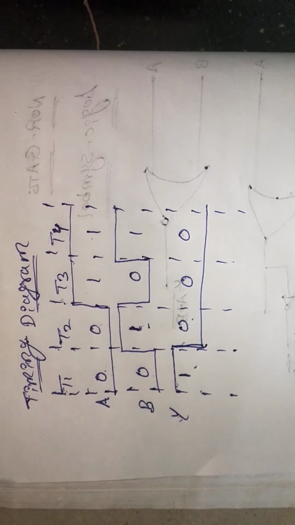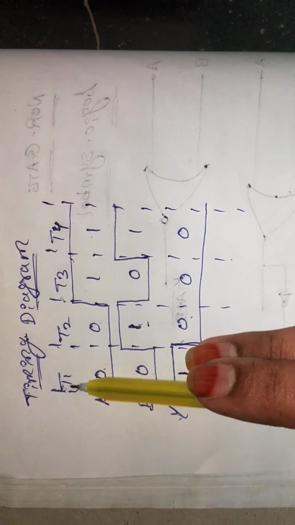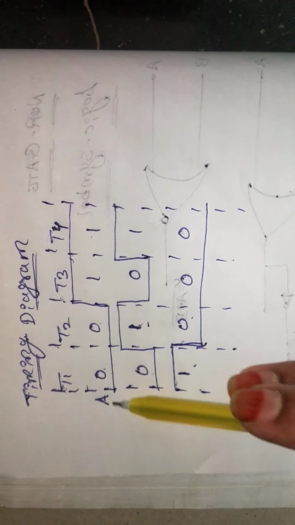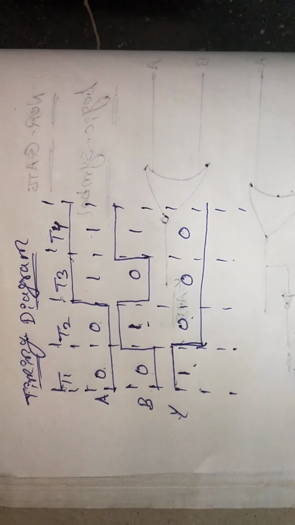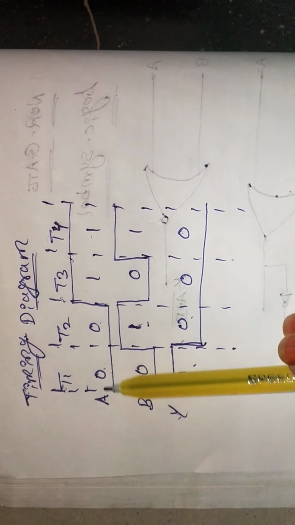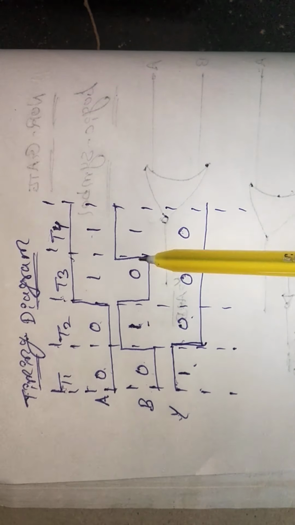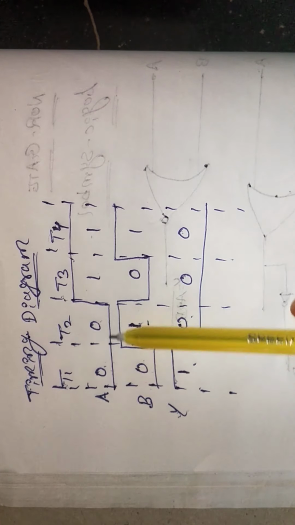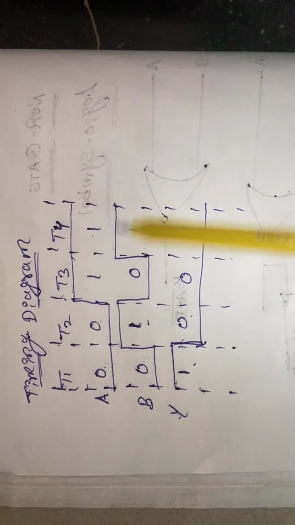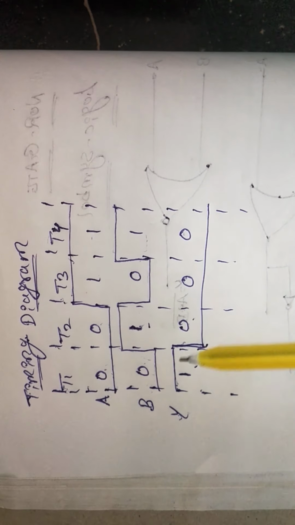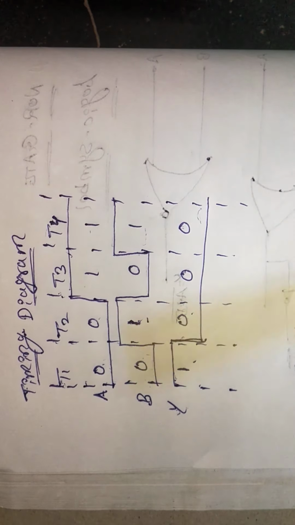And finally the timing diagram. Here we take 4 different times and 2 input variables, 1 output, y equal to a plus b whole bar. In the above truth table, A takes 0 0 1 1, B takes 0 1 0 1. Two low levels, 2 high levels, then 1 low level, 1 high level, 1 low level, 1 high level. The final output is 1 high level, 3 low levels. This is the timing diagram of the NOR gate.